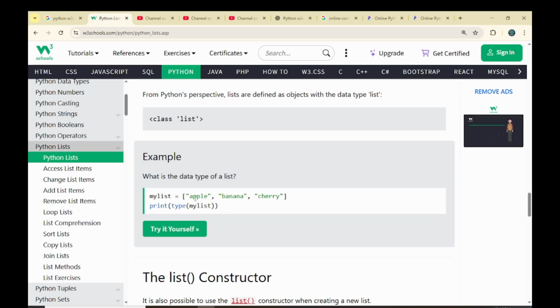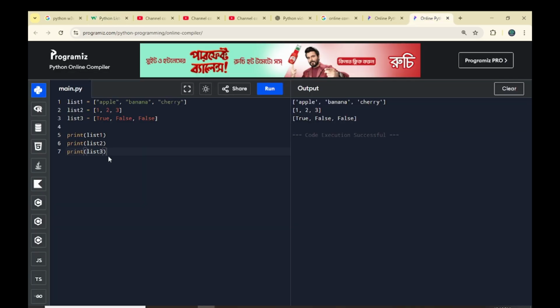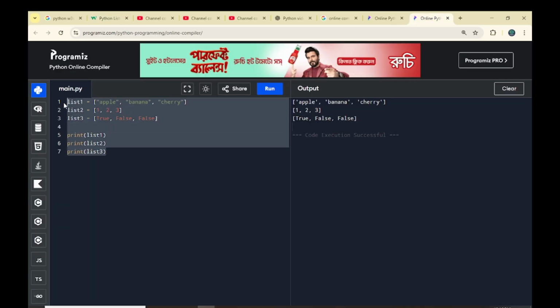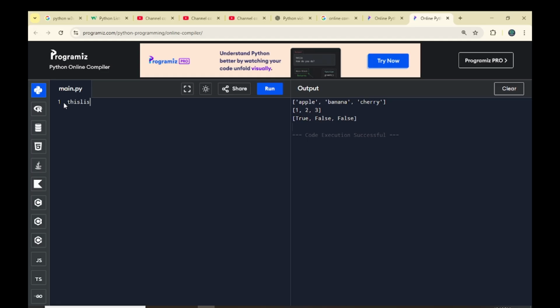So the list constructor. Here we will do this list equals apple, banana, cherry, and